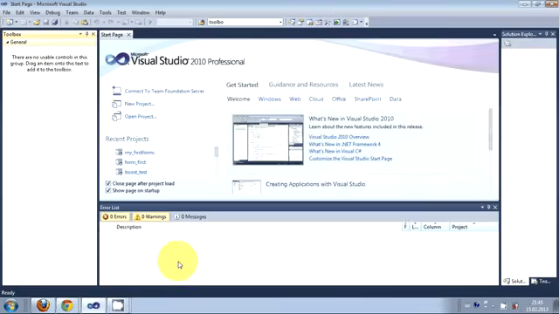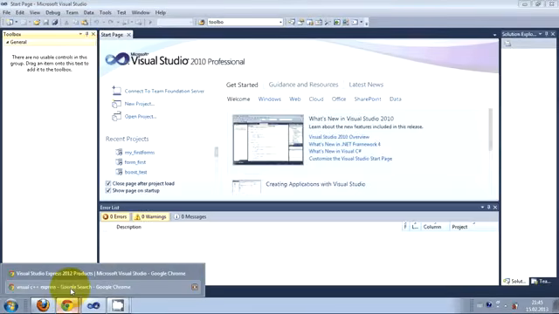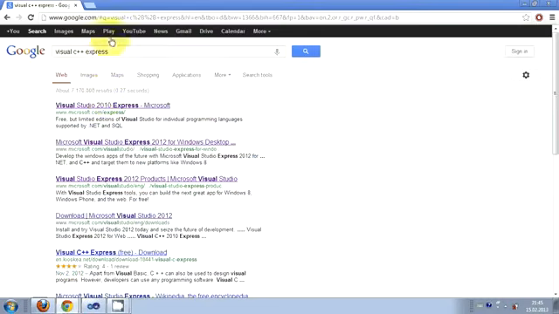In this video I will show you how to install and create your first Visual C++ Windows Form application. So first of all, if you don't have Visual C++, you can download it for free from the Microsoft website. What you need to do is go to your browser and just write Visual C++ Express, and